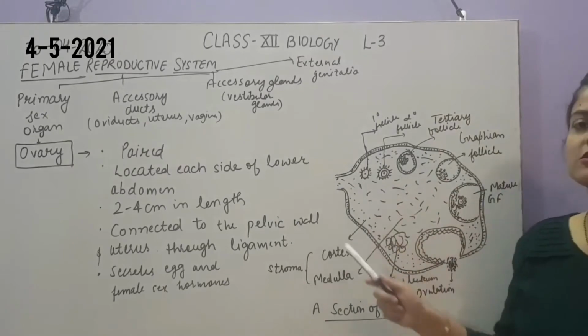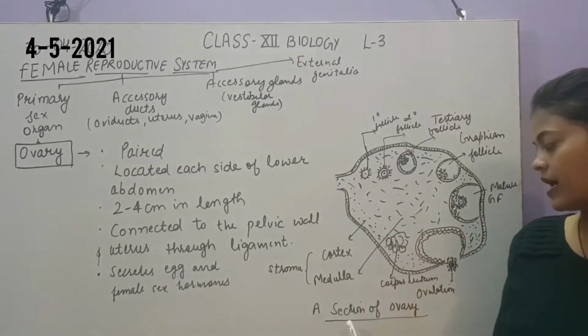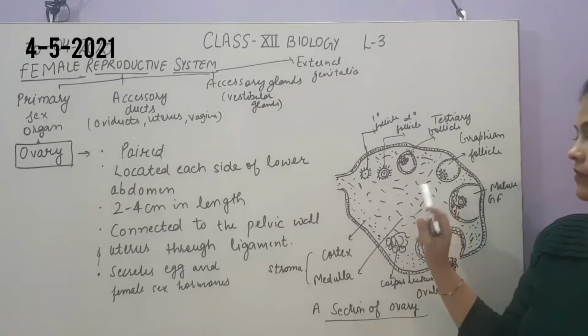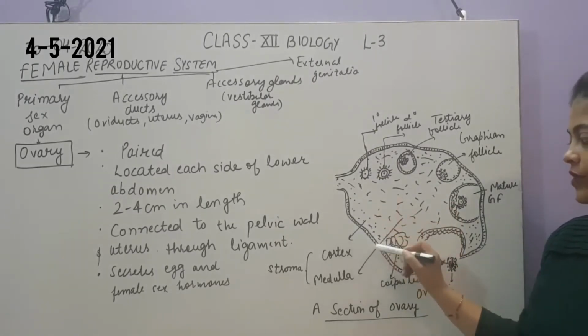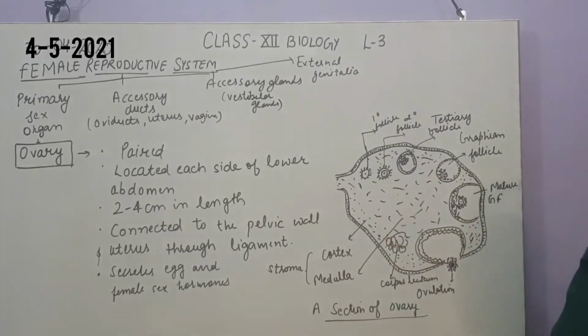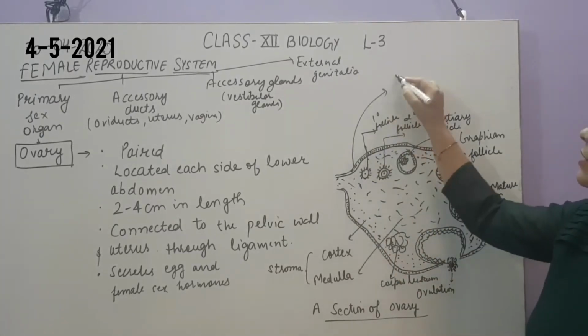Now let us see the internal structure of the ovary. I have shown you a sectional view of the ovary. The outer lining of the ovary is called the germinal epithelium. This is called germinal